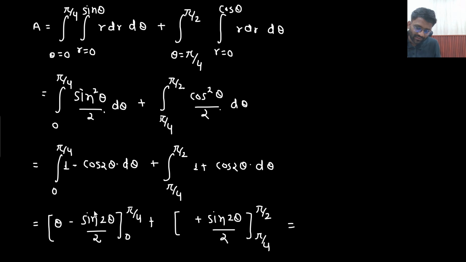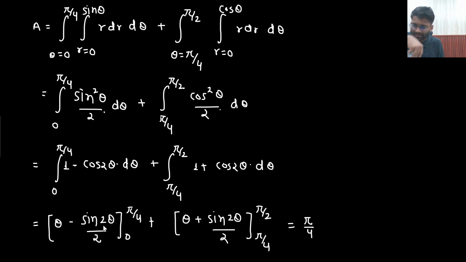Integration of 1 is theta, right? This is the big blunder we have done: I put integration of 1 directly as 1 here. So what you will get is, in place of theta I will put pi by 4, and here I put pi by 4,